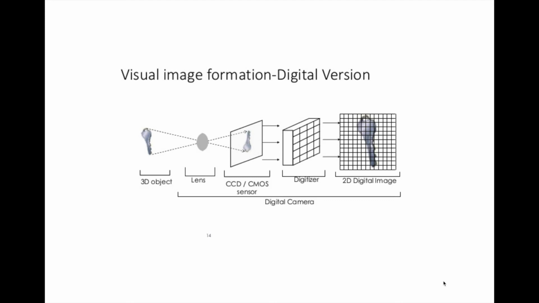And so this light then makes its way and it strikes the back of your element. And we have a sensor that kind of looks like the back of your eye, and it has elements that are sensitive to different frequencies of light. These things are called CCDs or CMOS devices. CCD stands for charge-coupled device, and CMOS stands for complementary metal oxide semiconductor. Essentially, when the different frequencies of light strike these materials, it causes electrons to start moving. And whenever you get electrons moving, you create a current,